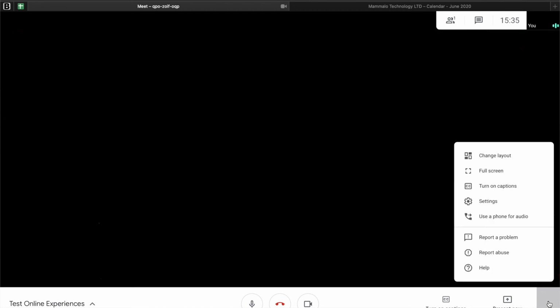Now, the three dots here, the ladder menu, if you click on it, it'll give you more options about the Hangout. The first one is change layout. If there's multiple people in the chat, you might see them as boxes along the top, or you can see them as boxes ordered in, well, a grid format. You can change that layout by clicking this. You can also go into full screen mode by clicking this. If for some reason you want captions, you can click on this, and any additional settings, simply click on settings,